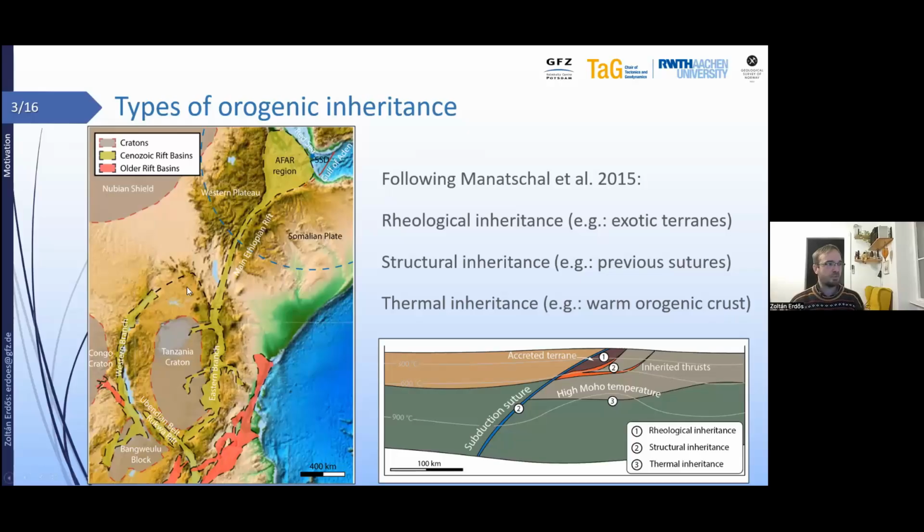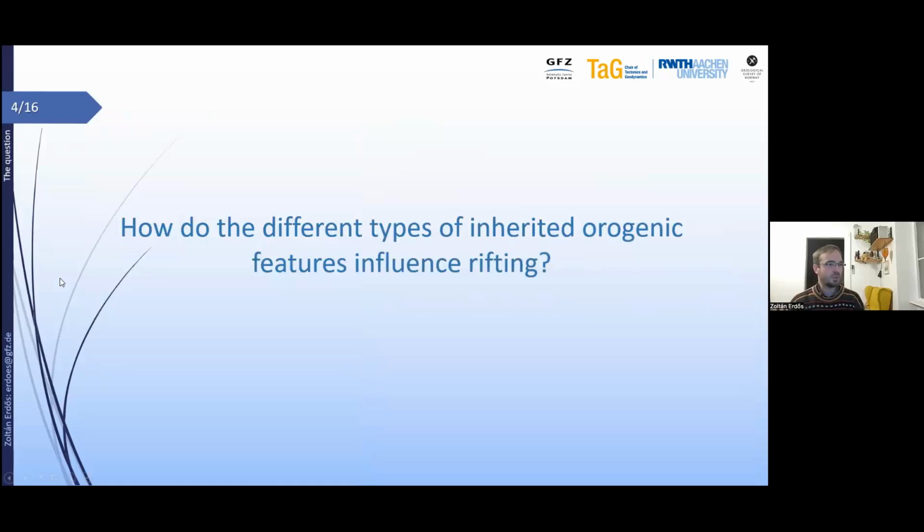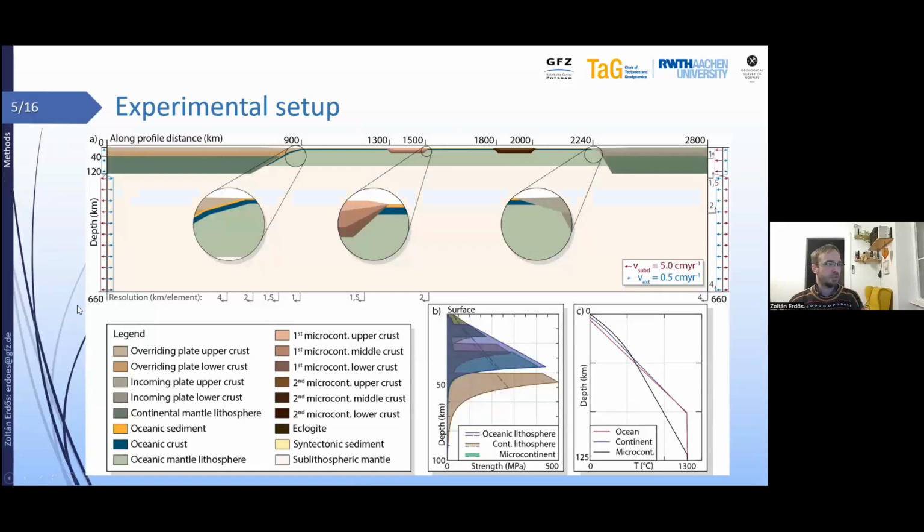So just from here, we can see that there are several different ways inheritance acts on rifting. And so the big question that we were trying to answer in these models is, how do these different types of inherited orogenic features influence rifting, and what is their interplay, basically, or what are their relative roles here? So in order to do this, we have been running